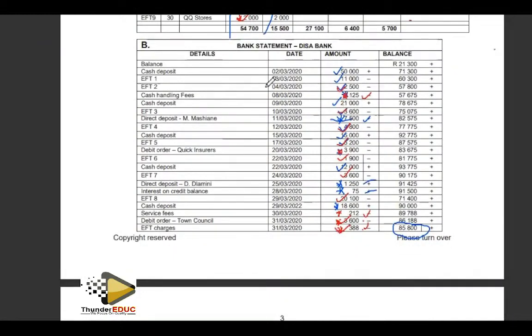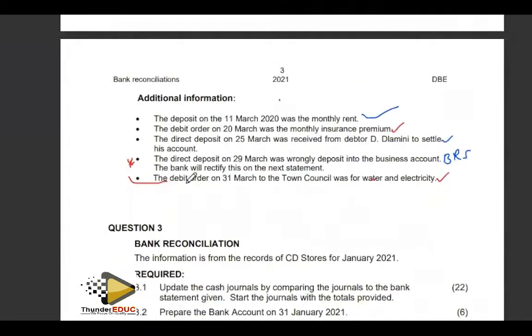Sorry, what was that? So this one, I'm done with it. Even the additional information about it, I have to tick it off. Remember, I said that it's going to, not this one. No, not this one. Right. Now we go to, there is this information here, the direct deposit on 29 March. Remember, such items come,